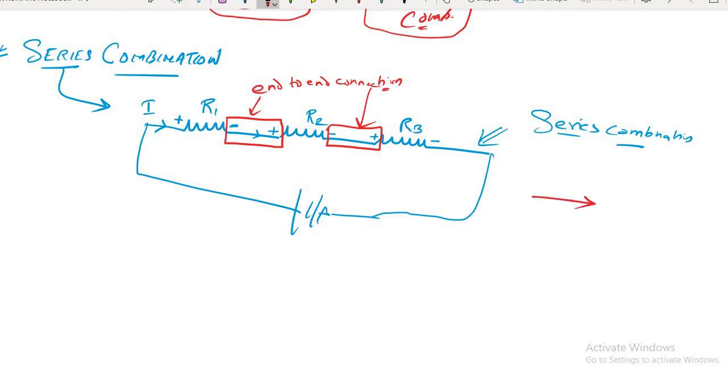Suppose there is an arrow. This is the head of the arrow, and this is the tail. Now we are again connecting an arrow, with its tail and its head. So you can see end-to-end connection. Head and tail are connecting. Clear? So similarly, negative and positive are connecting. So this type of connection is called end-to-end connection. Yes or no?